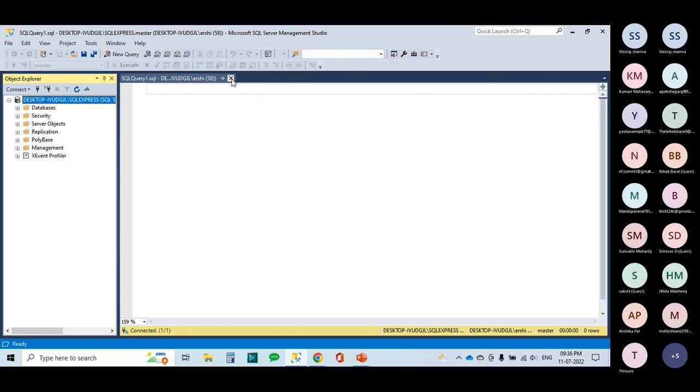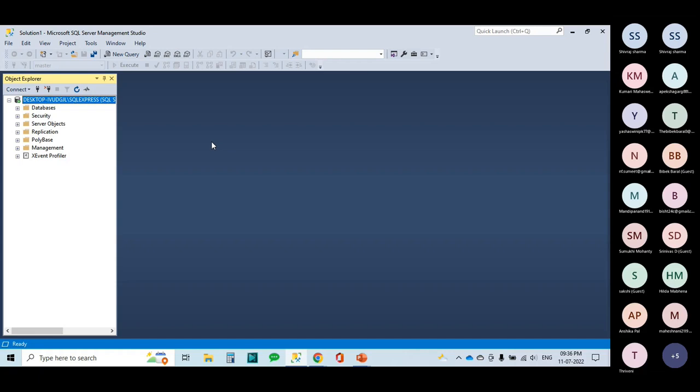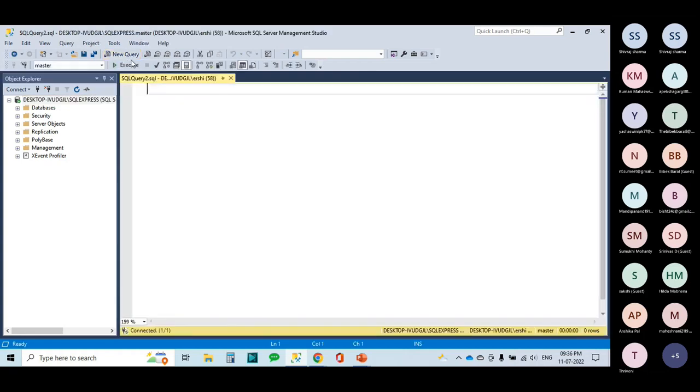Click on new query from here. When you click it, the new query section will open. Here you will write all the SQL statements, or all the queries that you have to give to the